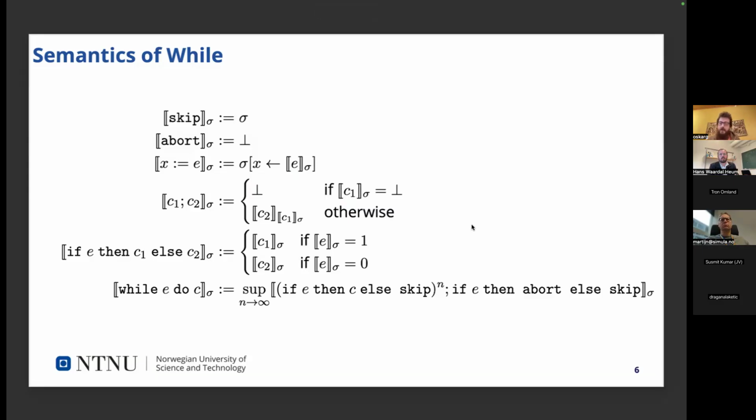And then we have the while loops, which are a bit more complex. I use the supremum operator here for reasons that will become more obvious later. And we define it as a limit of if statements. So say we know that the while loop will only take three iterations to terminate, for example, then that is the same as having three if statements with the branch condition being the same as the loop condition for the while loop. So this is kind of what we model here.